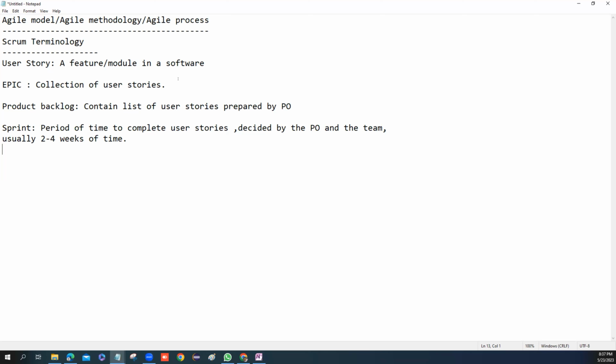For example, say our project this time is an e-commerce site called Walmart, right? In Walmart, we have many features. We have functionalities like, from the inventory, we pick up an item and then put it in our cart. Then we process it, pay our money, and finally check out. So these are the features or modules. Every piece of feature we call a user story, and the entire process